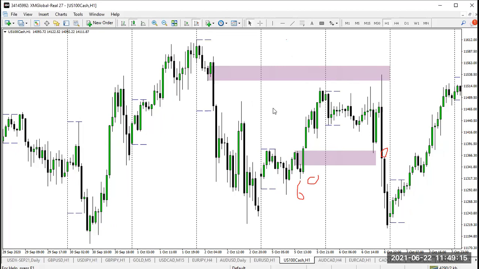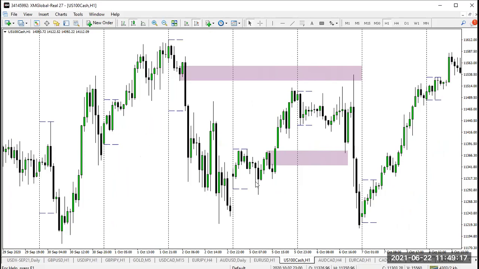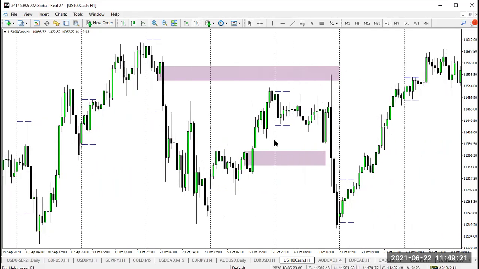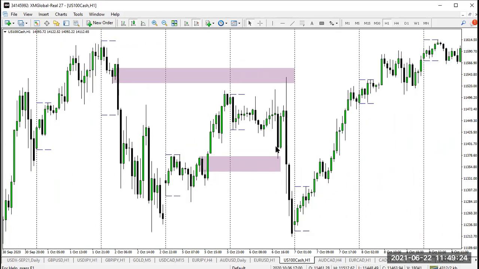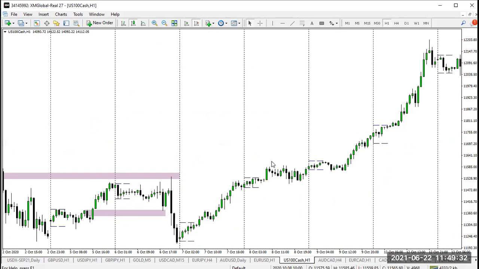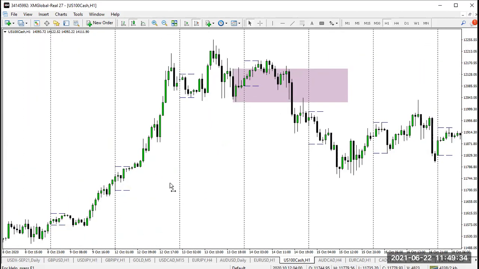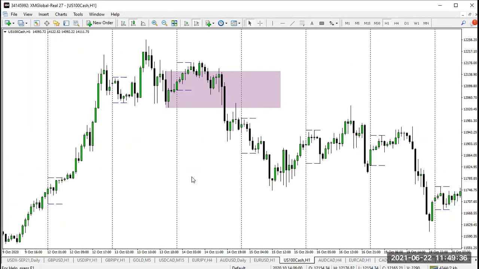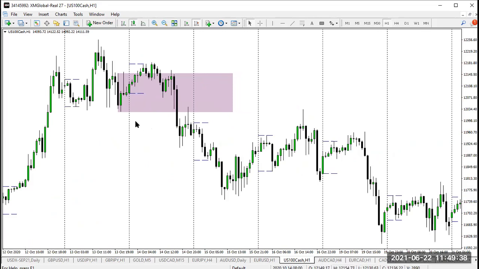But remember, like I said, there should always be context. Some of these will not work. I didn't put the ones that didn't work, but you need to have context. You need to have a backstory. Where are you coming from? What's your structure for these things to work? And then, like I said last time, you need confirmation. There should always be confirmation. There are things that you need to look for. It's not just every breakout mitigation that's going to work. There should be confirmation, and we teach that and go deeper in the mentorship.